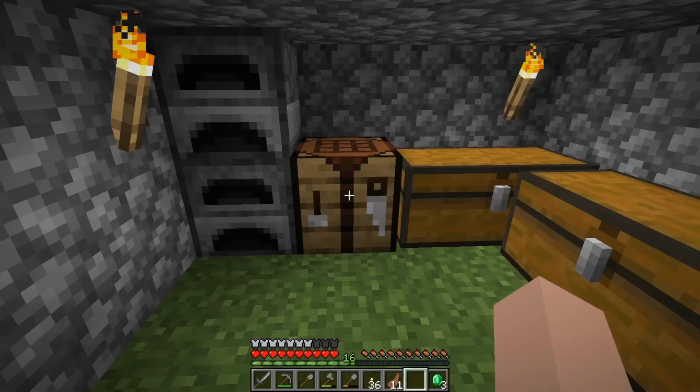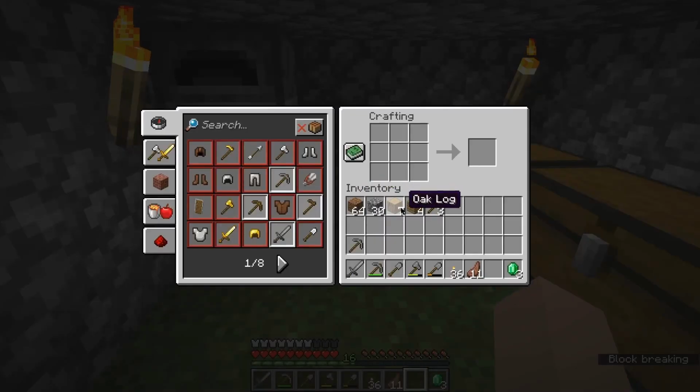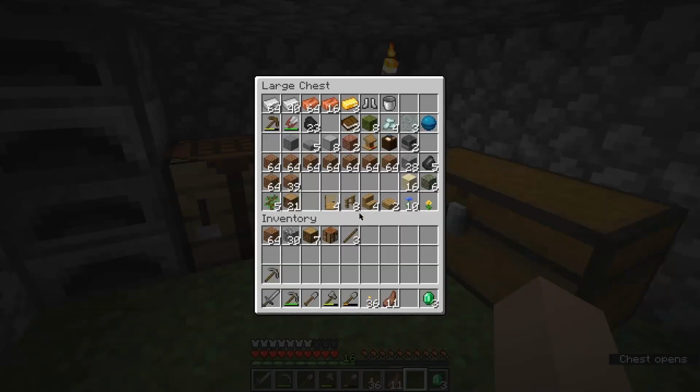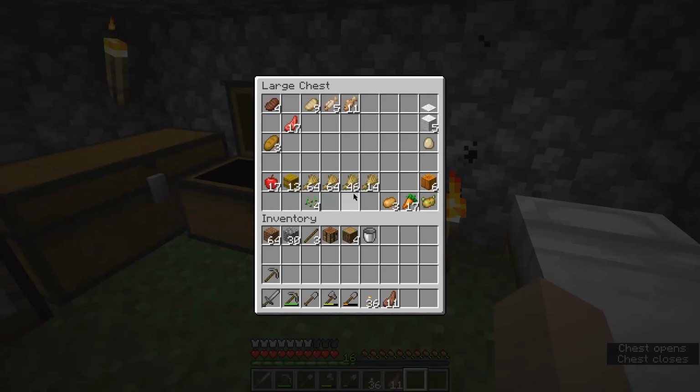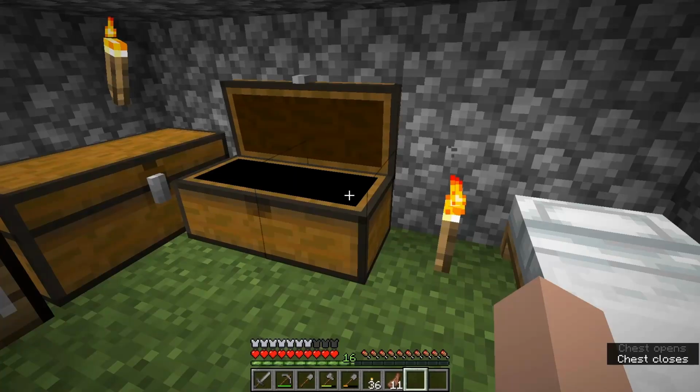So, for that, let me get some tools prepared and also some torches, and we'll need to make a mine till y equals 12. So this is 1.17. As of the recording, we have a new version of Minecraft, 1.18.1, which has completely changed where the diamonds usually spawn. So in this 1.17 world, we will go to y equals 12, which is the best place to get